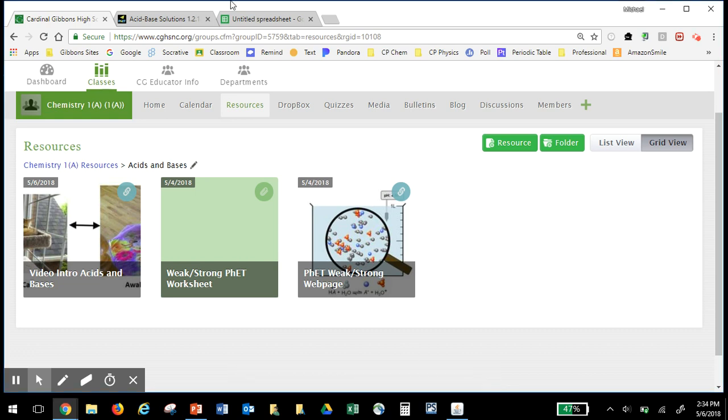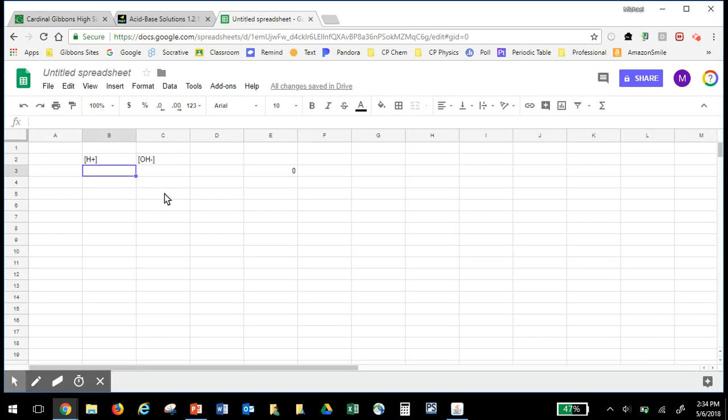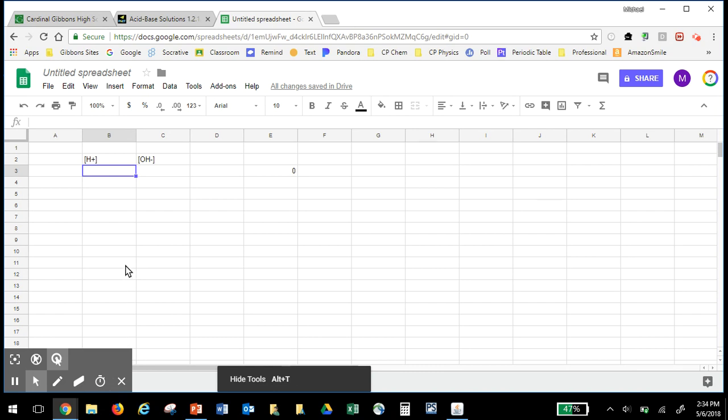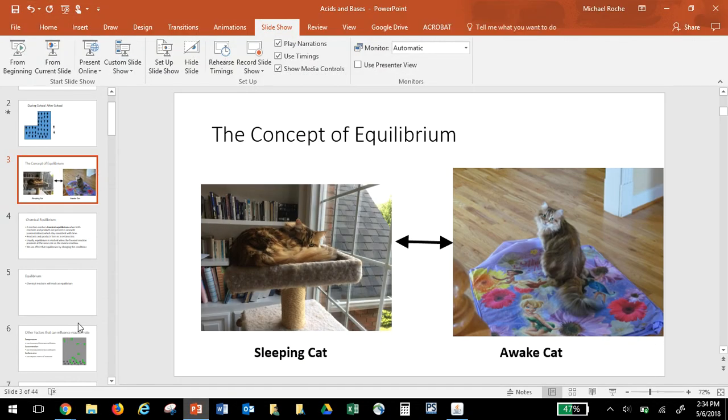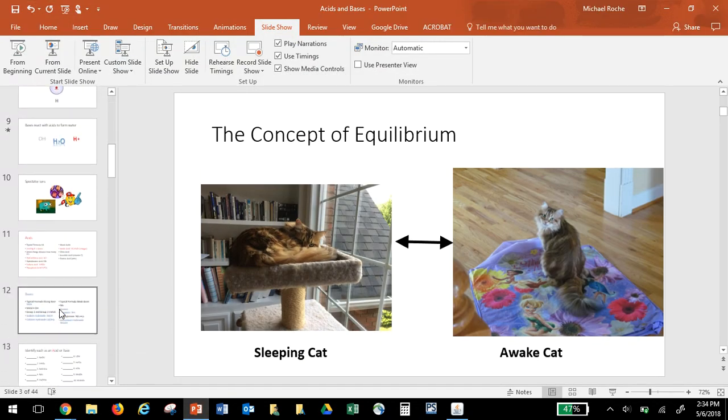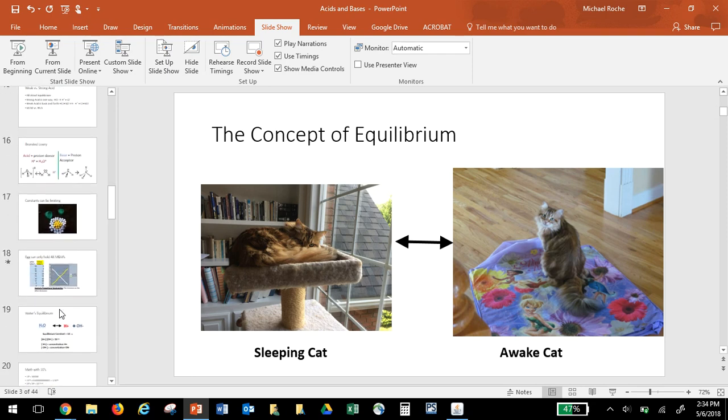All right, so let's quickly go over what is going on with pHs. And pHs, we will learn, certainly has to do with the concentration of the hydrogen and hydroxide ions. And as it turns out, the hydrogen and hydroxide